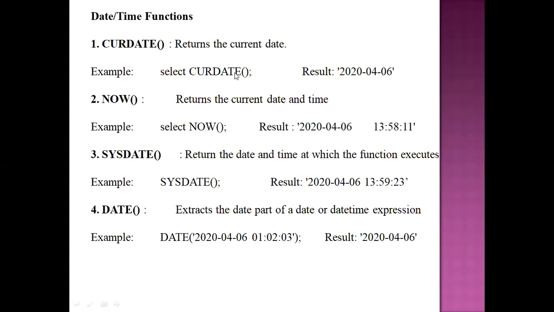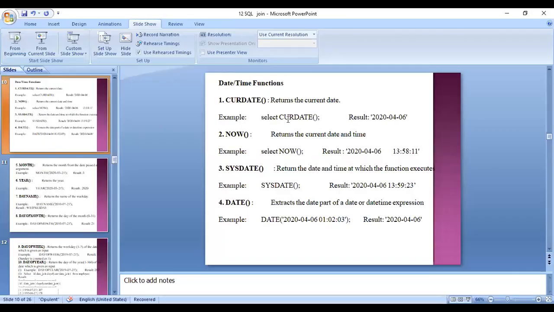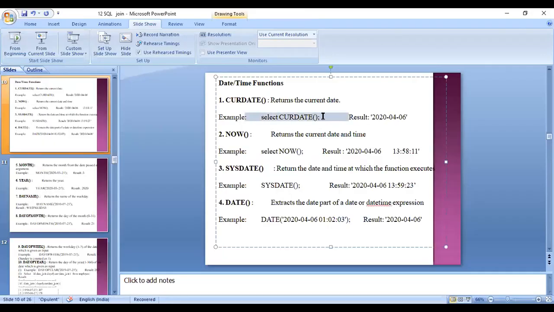See here, curdate. Now we are doing the practical of date. Select curdate.